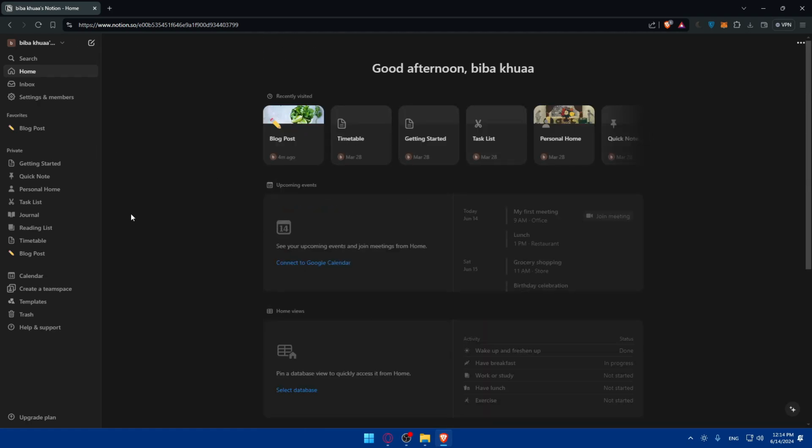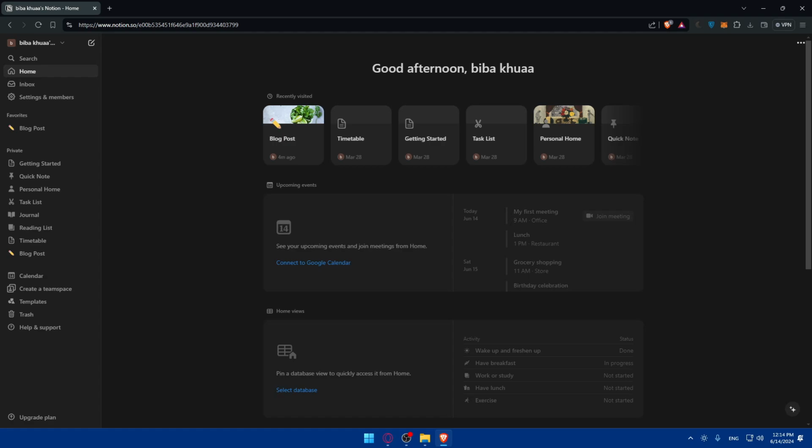So once you open it, of course, you can start by creating a page. Give your page a title that reflects its purpose, such as work calendar, personal planner, or even project timeline, and you can start adding your calendar to your page. But one thing I just want to mention, of course,